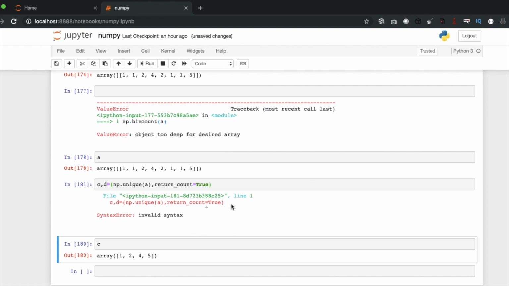Okay, this is again throwing some error. In np dot unique a, return counts equals true. I think this is the right one. I'm not sure what the problem is over here.